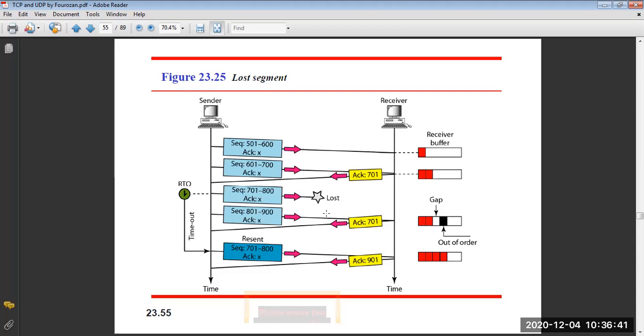Gap यहाँ create हो गया क्योंकि ये वाला data receive नहीं हुआ। तो जो इसके पास बफर था, रिसीविंग बफर में एक पॉइंट पे यहाँ गैप क्रिएट हो गया, एक स्लॉट में गैप आ गया क्योंकि वहां पे डेटा बीच में मिसिंग हो गया था, वो रिसीव नहीं हुआ, जो कि यहाँ लॉस हो गया था। तो इसको हम कहते हैं आउट ऑफ ऑर्डर डिलीवरी।